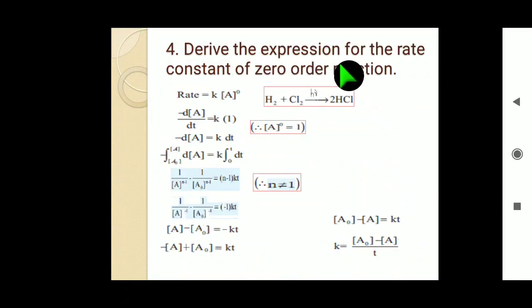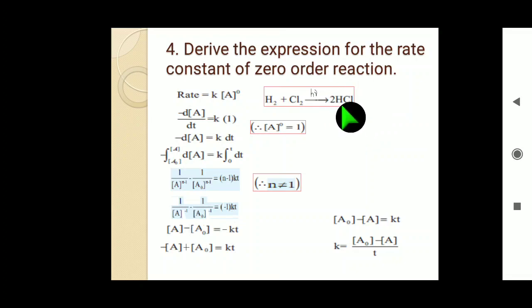Derive the expression for the rate constant of zero order reaction. Here I have given one equation, the formation of hydrochloric acid. That is a very simple equation. Hydrogen and chlorine in the presence of light give 2 moles of hydrochloric acid. So if you want the hydrochloric acid,